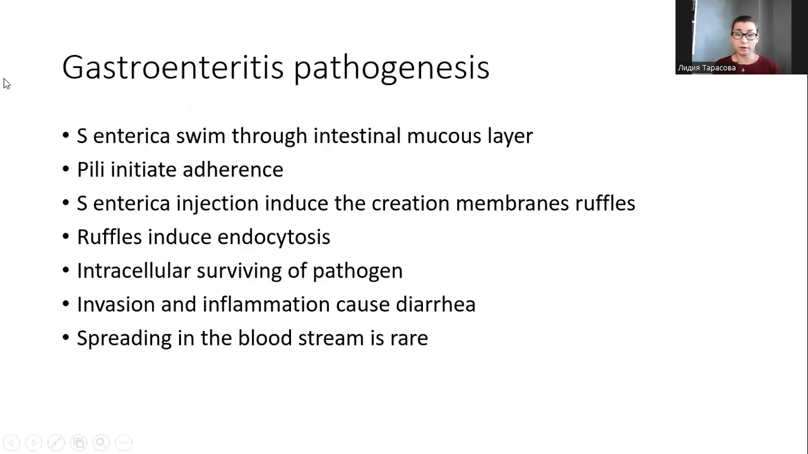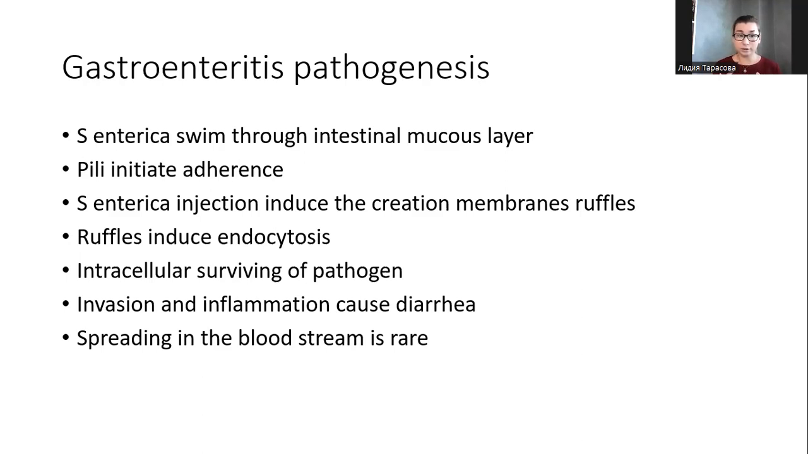Gastroenteritis pathogenesis. Okay, we just studied typhoid pathogenesis, but we also said that Salmonella can cause gastroenteritis, and Salmonella's gastroenteritis can occur more often than typhoid. Exactly, we don't meet typhoid fever so often, but gastroenteritis is not so rare. Every holiday, every New Year's, we have a lot of cases of Salmonella